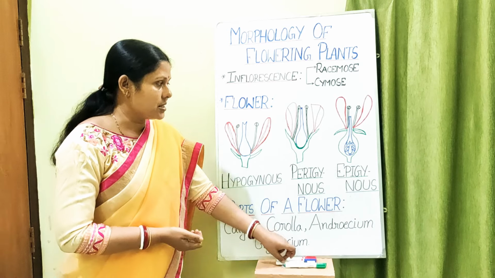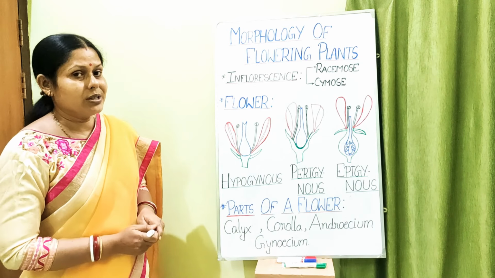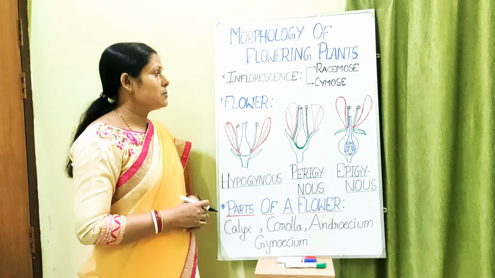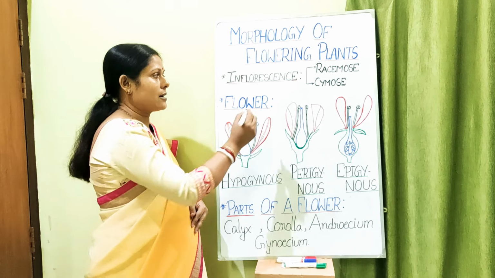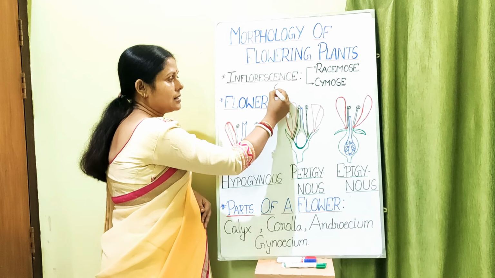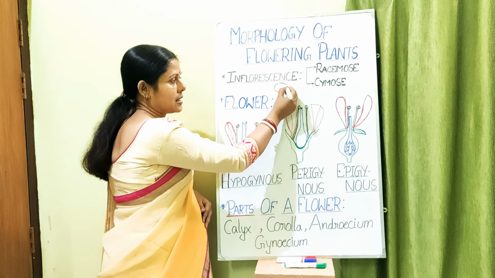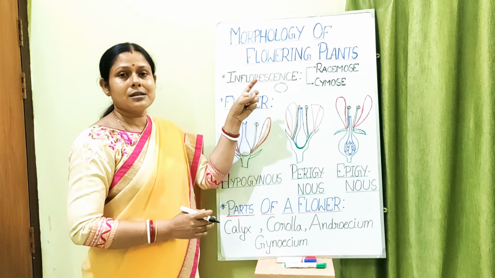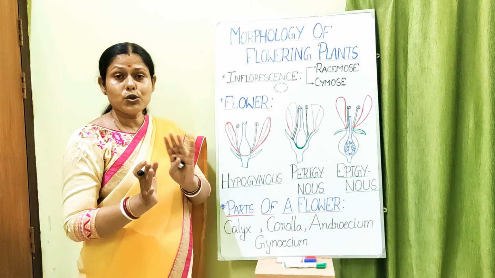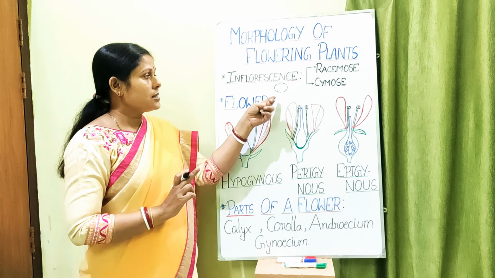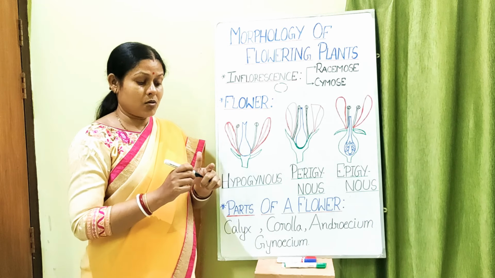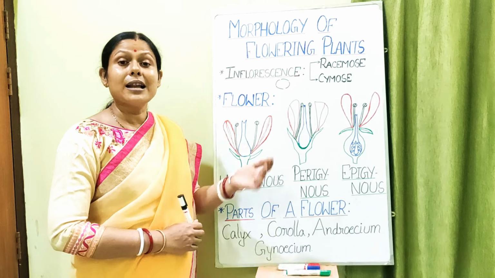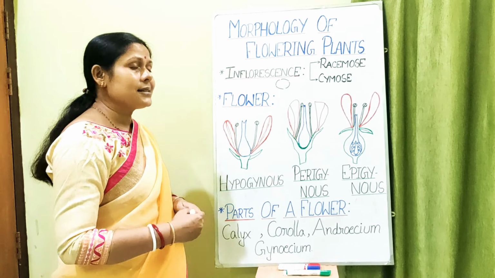Now, what is this valvate aestivation? Although it is given in your book, you can see from there also when I am teaching, so that you can correlate with it. But here I am just drawing a simplified diagram. Suppose this is a calyx, this is a calyx, this is a calyx, and this is a calyx. So when the calyx margins are just touching each other, no overlapping is there. This type of arrangement of calyx or corolla in the bud condition is known as valvate aestivation. Now the next is twisted.